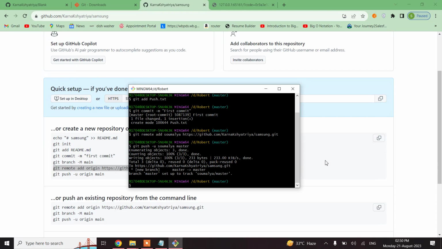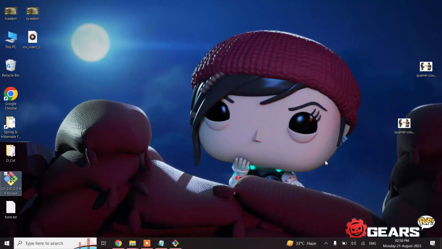So if you shut down your computer and restart it, all you have to do is make an initialization, an empty git repository, by typing git init, and then add those particular files, git add and the name of the file, or dot means all of the files would be added. Then you need to make a link to your cloud repository. So git remote add origin, that would be either origin or any identifier, and then the URL, and then push. So this is all I have learned so far, and the problem which I was particularly facing is that